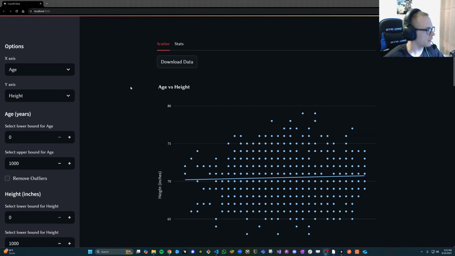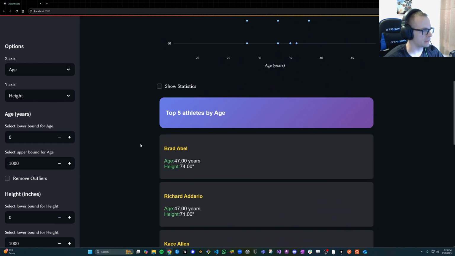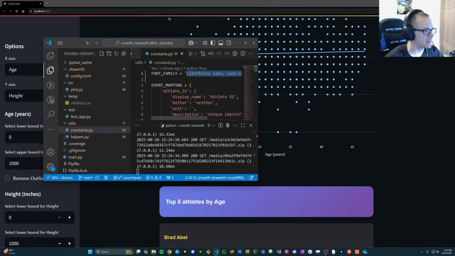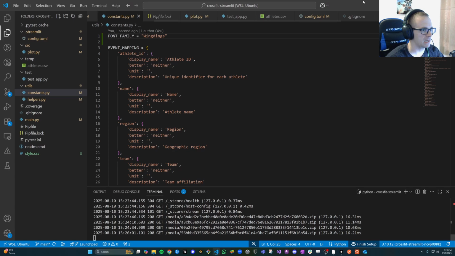Great. Alright, so the last thing that I want to do here is I just want to test everything to make sure it's all working, because like I said before, I'm not the best at detecting fonts, so for all I know, I could have given you wrong information here. So let's just make sure. If we expand this, let's do wingdings. And at the same time, we can see if wingdings is still a thing. So if we save that,